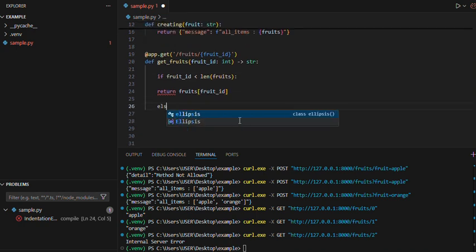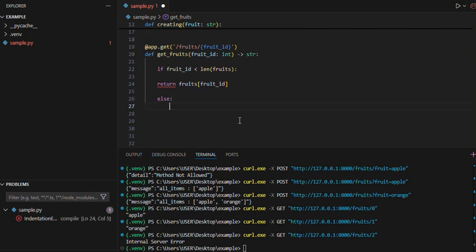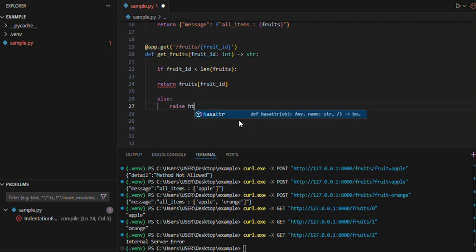Otherwise, let it raise an error. You understand? Let it raise an error. What error is it going to be raising? Let it raise an HTTP